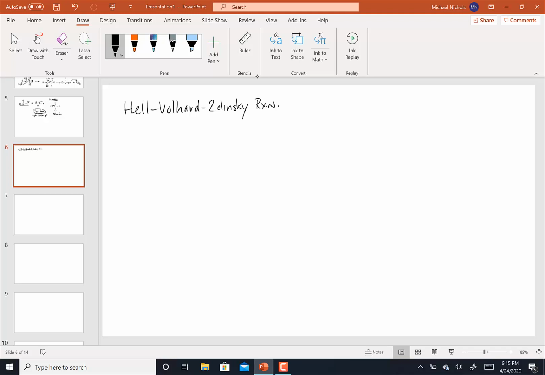And in the Hell-Volhard-Zelinsky reaction, or what is called the HVZ reaction, what I'm going to do is I'm going to take my ketone or carboxylic acid, I'm going to treat it with bromine and PBr3, which is the equivalent of PCl3, and I'm going to end up then putting a bromine